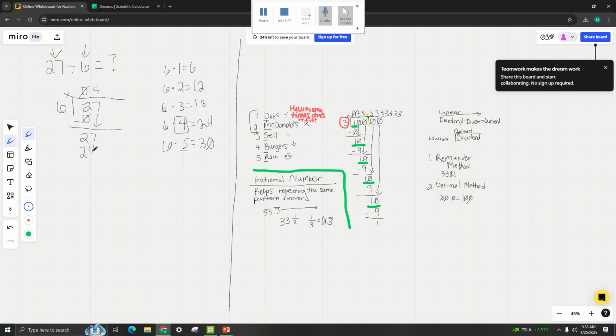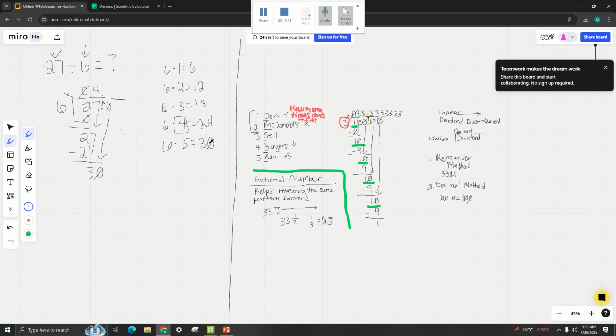So now we can go to our third step and subtract. 27 minus 24 will get me 3, and I have a remainder. I did mention this in class, but I do prefer that we create decimals for this, so we're going to create a decimal in our dividend here. I'm going to carry my decimal right up to my quotient, and we're going to continue. So I'm going to bring down my 0,